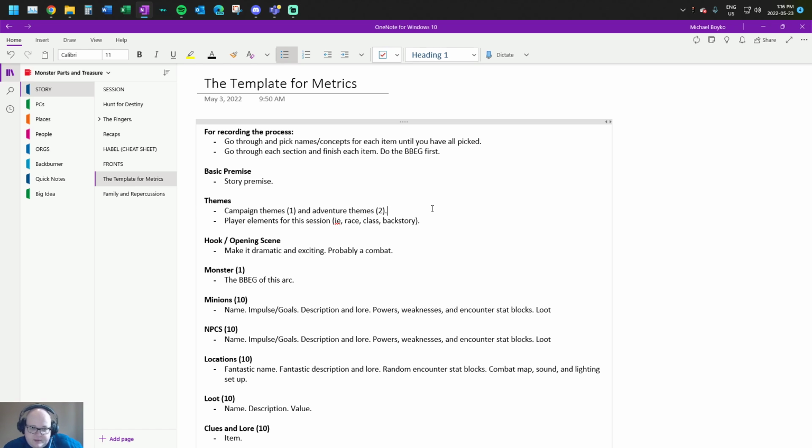And I have, you'll see here, 3 themes. Sometimes I'll throw in even more. And in fact, I'll throw in like 3 more themes down here as well. And these themes, I like to make player elements that are true to their characters or classes or backstory, and then that way I'm tying things in to inherent elements about themselves,